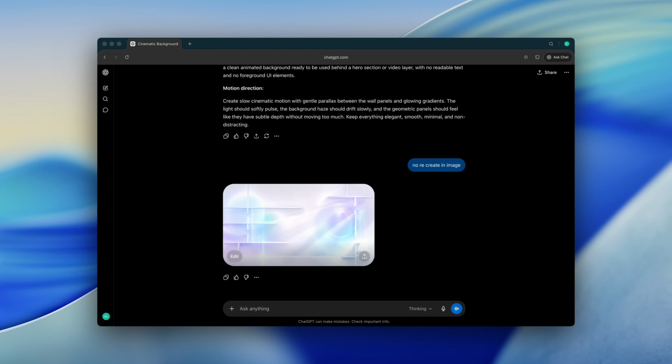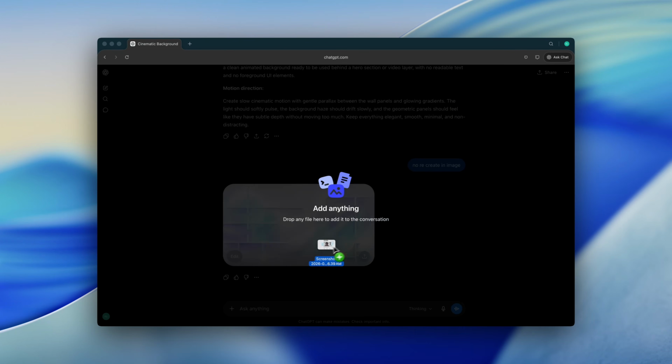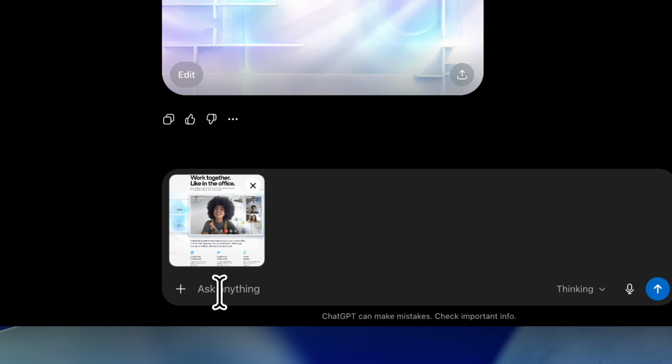This time, I'm going to do the opposite. So instead of extracting only the background, I now want everything except the background. So I'm going to ask ChatGPT to describe the overall section structure: the title content, the center layout, the autoplay video container, the bottom content, the spacing and composition. But I want the background completely blank. So my prompt will be something like: